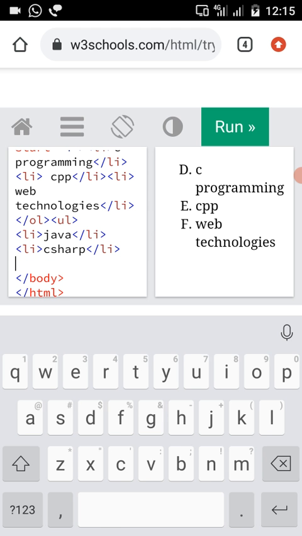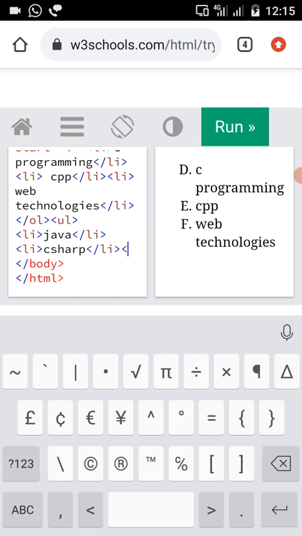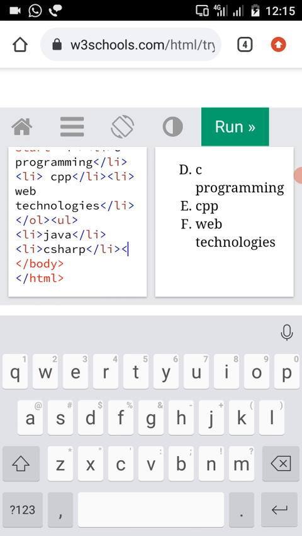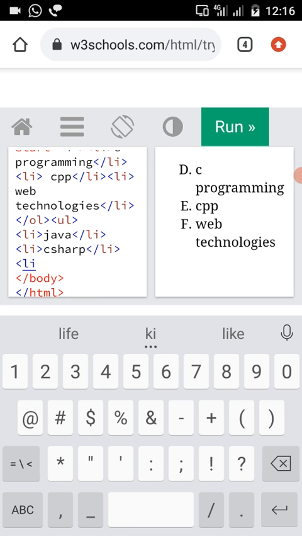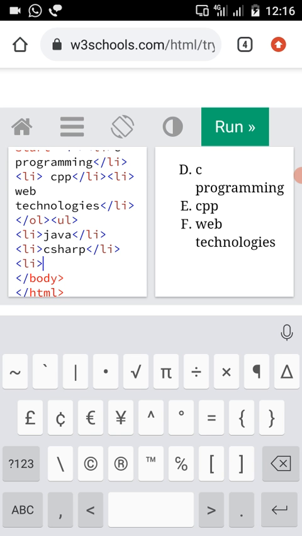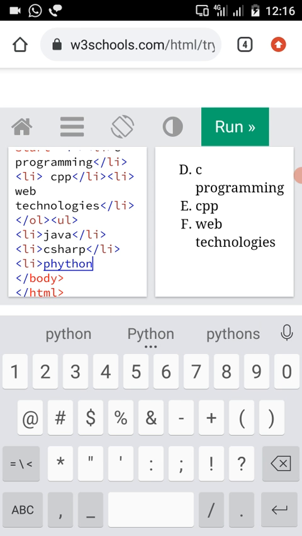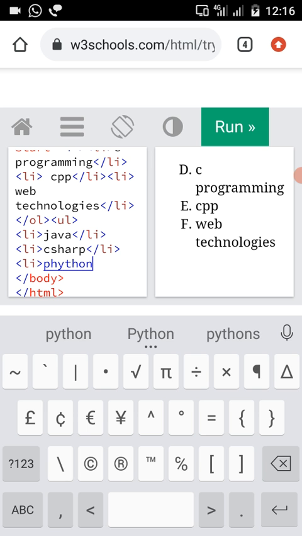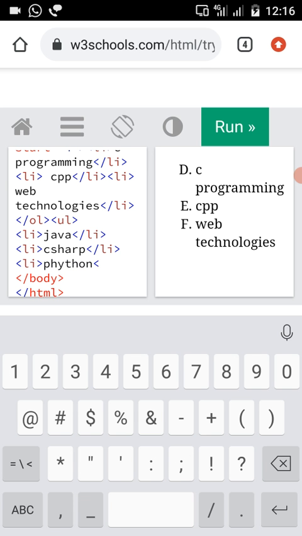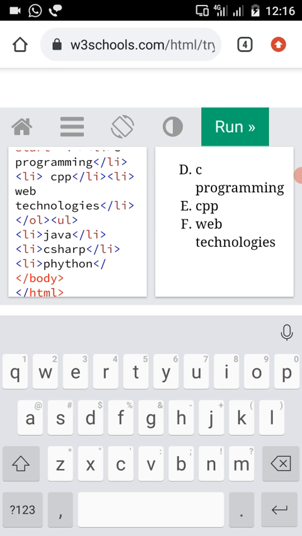For adding another item I am using the Li tag here. Add another item, that is Python. Whatever list we are representing here is an unordered list.